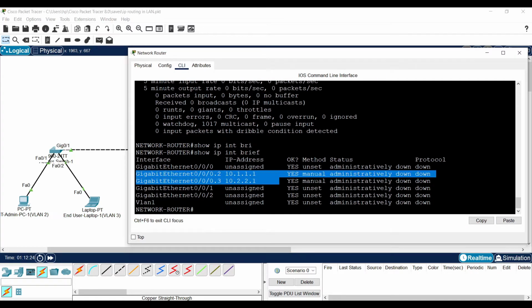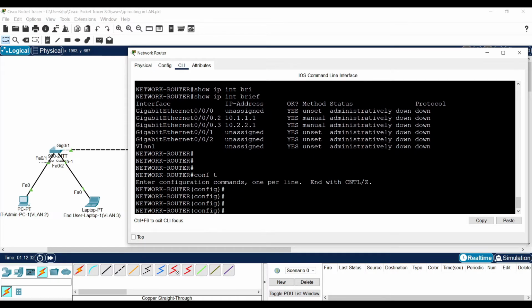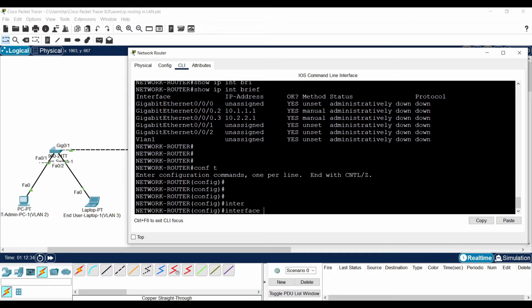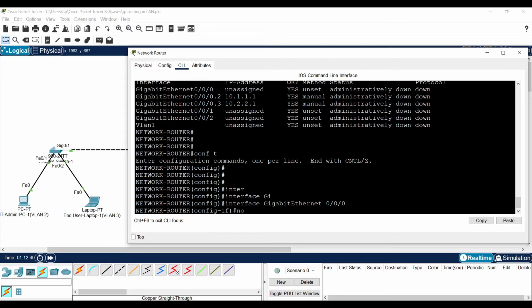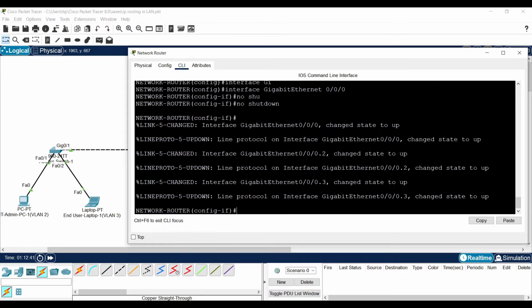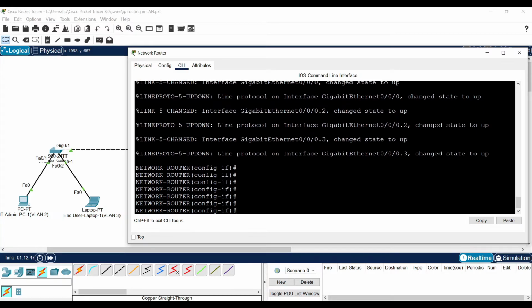The subinterface is created, but the status is down. We have to bring the physical interface up. Don't forget this. And also remember, we didn't configure any IP address on the physical interface. Everything we are going to do is on the logical interfaces alone.